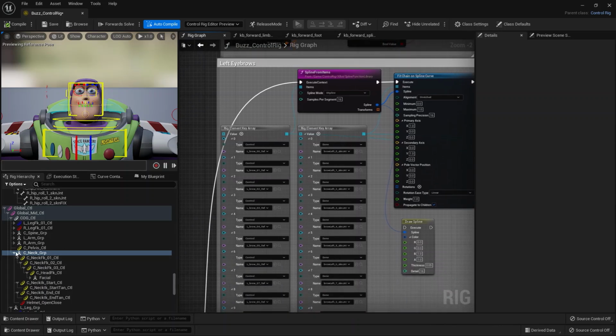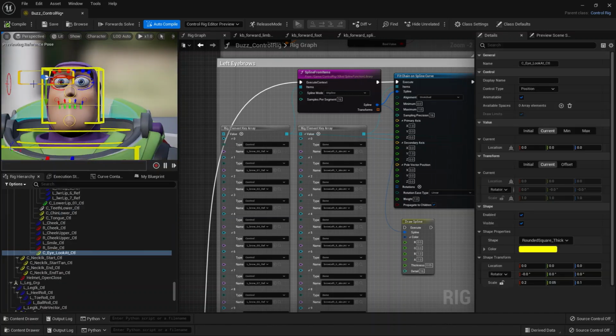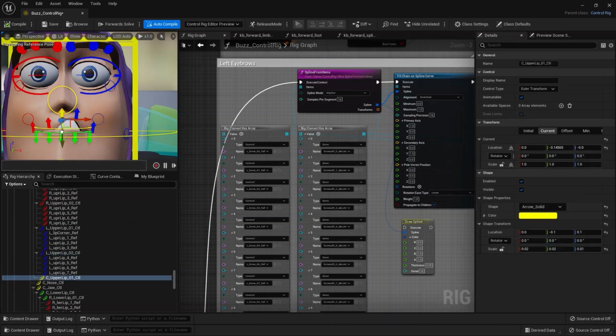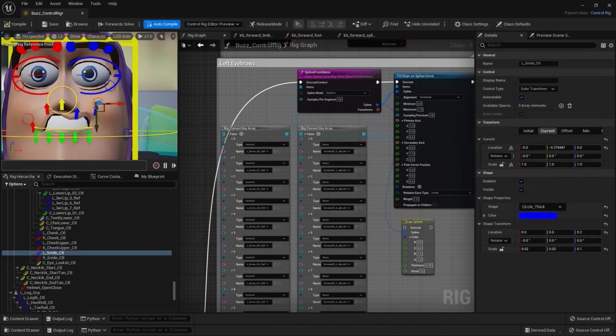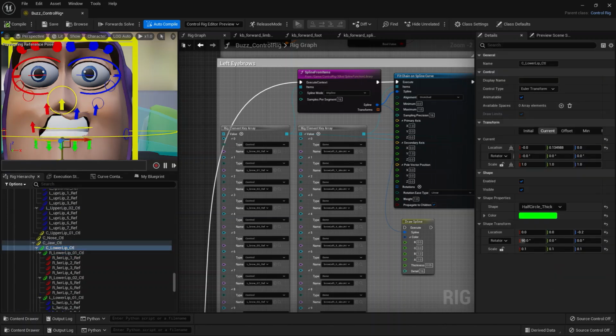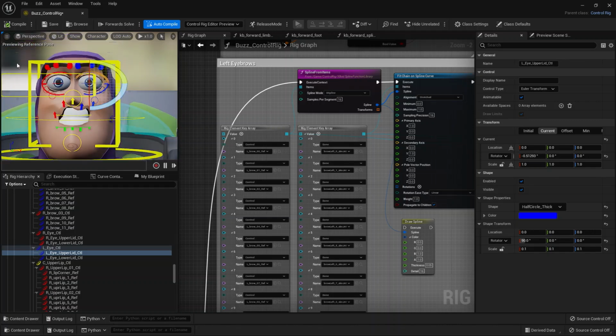Then going to the facial, this is a very basic setup that I've done. So what I'm trying to do is use curves to deform these faces. So all of these are joints, and what I'm doing is that I'm just moving joints around. So yeah, this is the idea. I have some blink setups and look at setups, but let's go through these